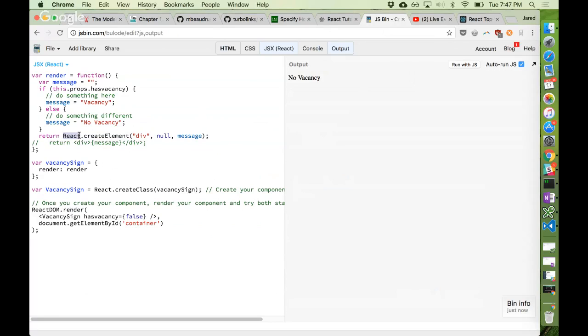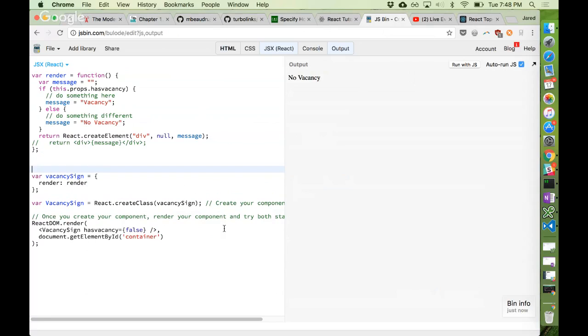But it's valid JavaScript. So this wouldn't have to run through a JSX to JavaScript interpreter to become valid JavaScript. This is valid JavaScript. And that works really nicely when you have one line, something like this. It's not very hard. But if instead, for example, we had a more complex thing like